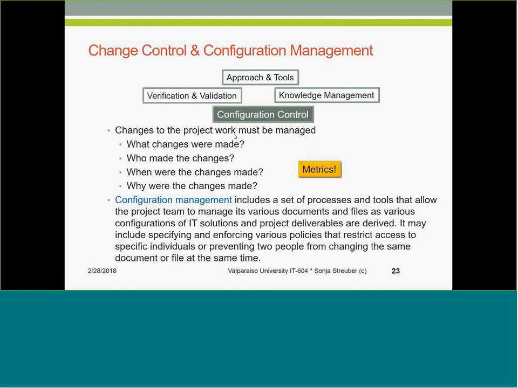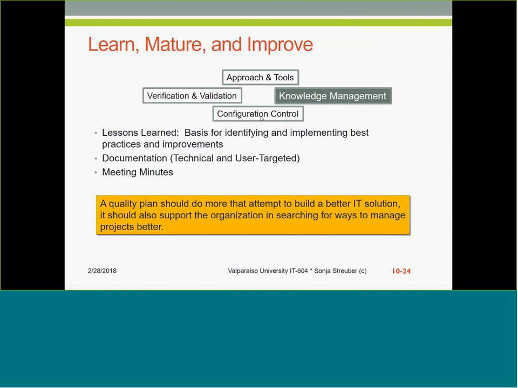It means that all these 4 factors together: approaching tools, verification and validation, configuration control, and knowledge management. Yes, knowledge management, because throughout our process we need to collect data through lessons learned sessions, for example, or in an iterative environment, our sprint retrospective is going to give us very important data that we can use to approach